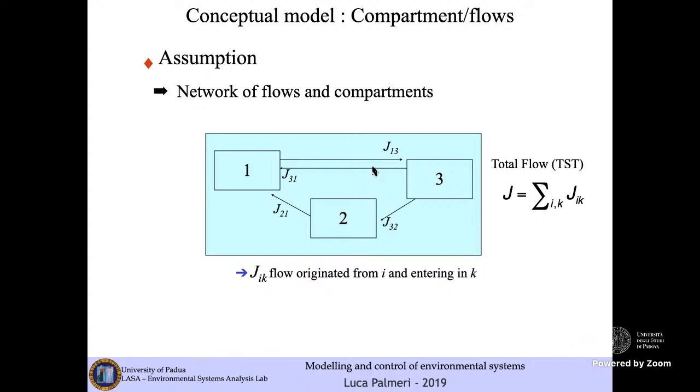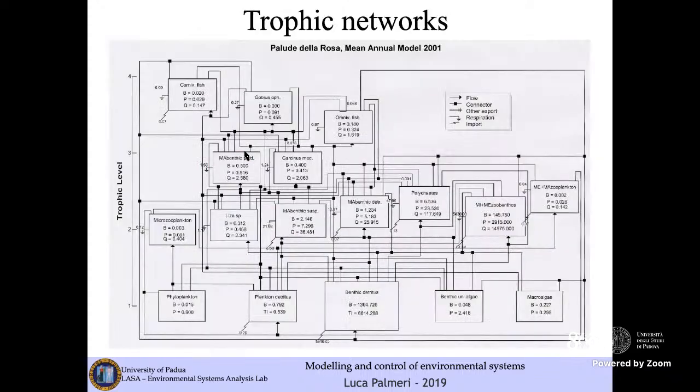You may imagine that this way of conceptualizing an ecological model is too simplistic, but this is not the case. I give you this example. This is the Palude della Rosa trophic network, with arrows. The Palude della Rosa is a portion of the Lagoon of Venice, in which we have interaction between several elements. In this case, this is a model, and we will see some of these models when we discuss trophic network modeling. This is a mean annual model referred to the year 2001, in which we have measured the quantity